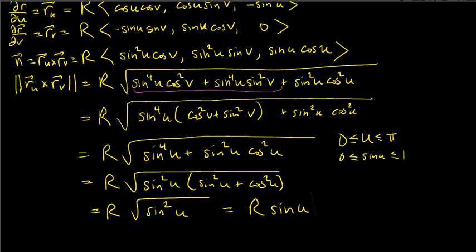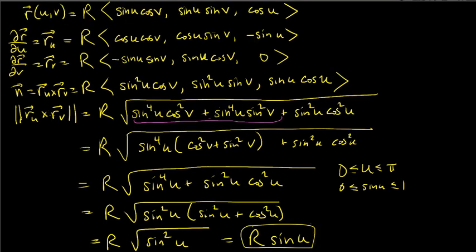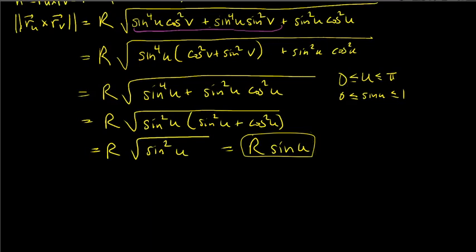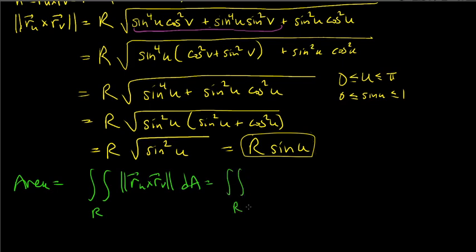Okay, so that's it. This is the absolute value of Ru cross Rv. So now back to surface area, we just have to integrate over the region R. We'll figure that out in a second. This was the magnitude of Ru cross Rv over the area of the region A, and so we're just integrating over,